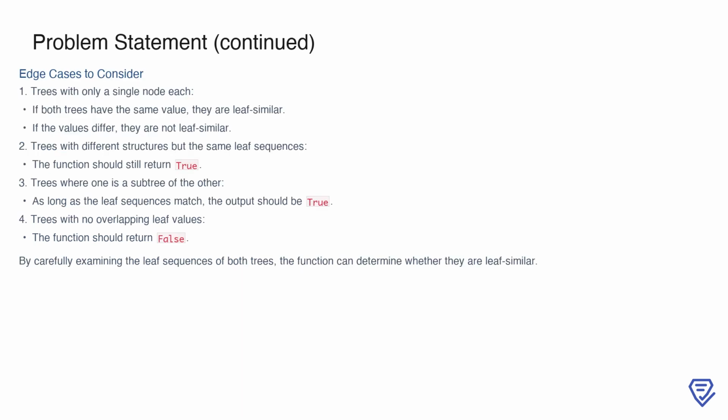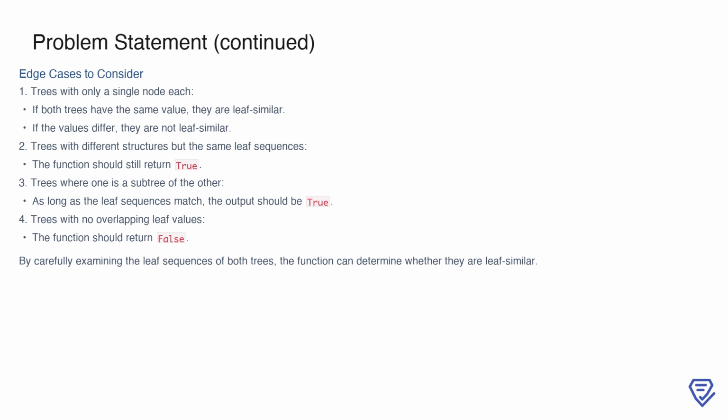Now, let's consider some edge cases that your solution should handle. First, if both trees have only a single node, they are leaf-similar only if the values of these nodes are the same. Second, trees with different structures but identical leaf sequences should still return true, as the structure doesn't affect leaf similarity. Third, if one tree is a subtree of the other, the output will depend solely on the leaf sequences. Finally, if the two trees have no overlapping leaf values, the function should return false. By carefully examining these cases, we ensure that our solution accounts for all possible scenarios and correctly determines whether two